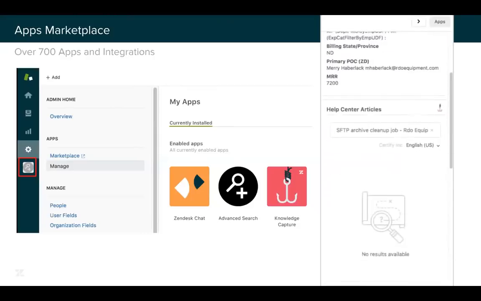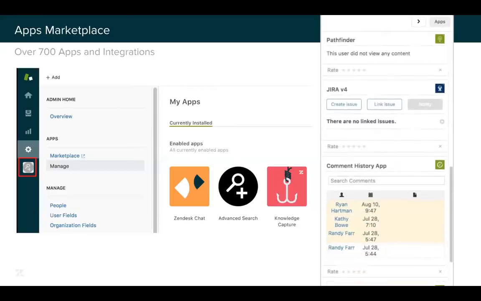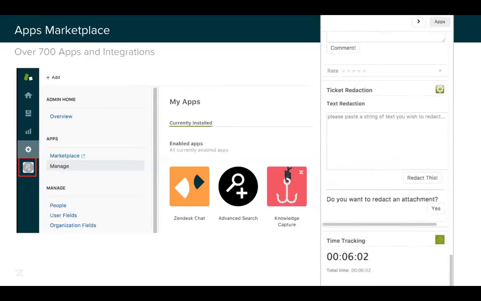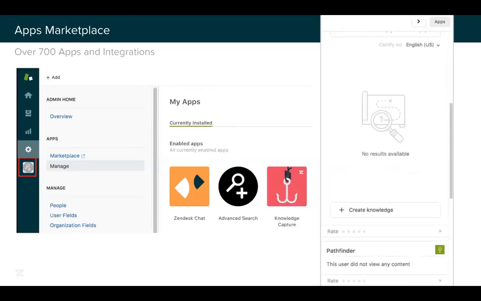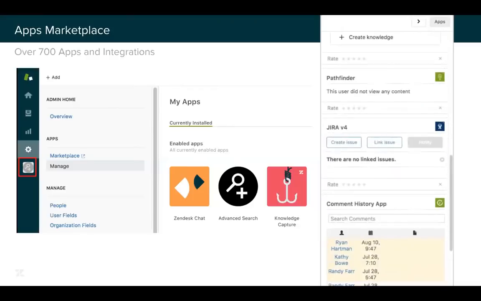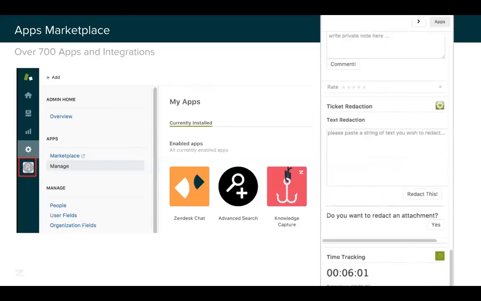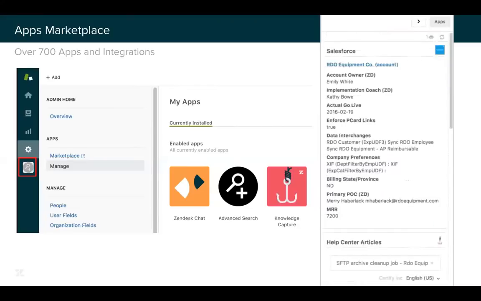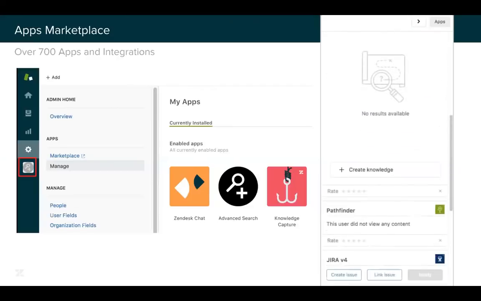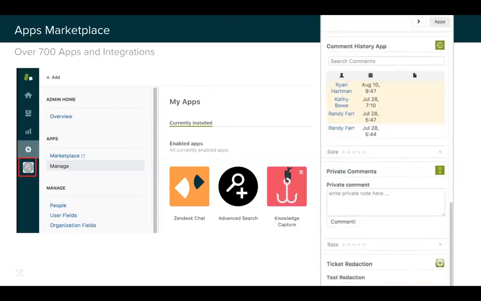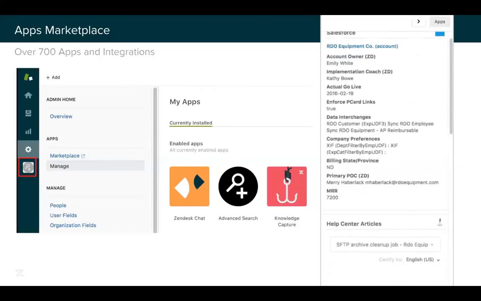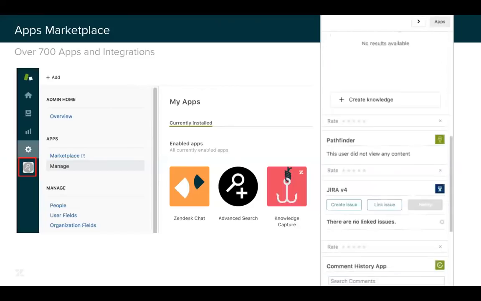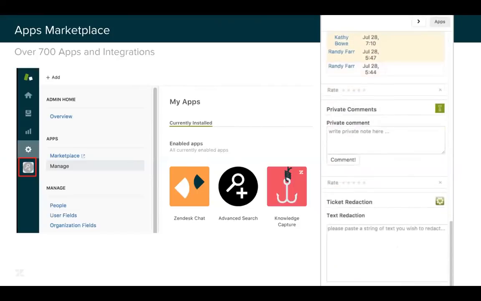So I just want to point out that you may have noticed some of these in your top navigation bar along the very top of the screen in your Zendesk support instance. And then there's the main navigation scene. So this is down the left side where I'm highlighting the advanced search app, again, to the very far left of the screen here. And then within a ticket, which might be what you're first looking to add or most used to,